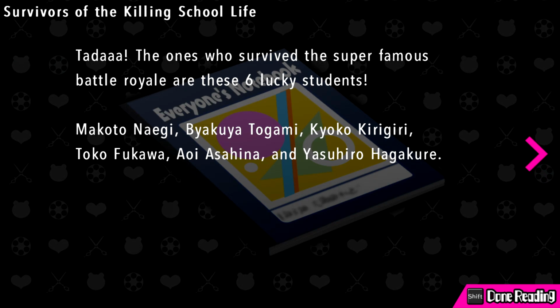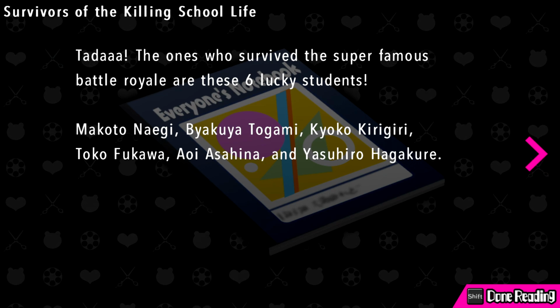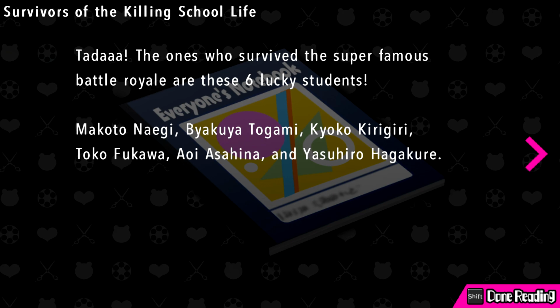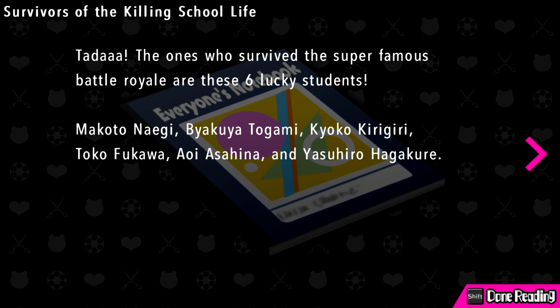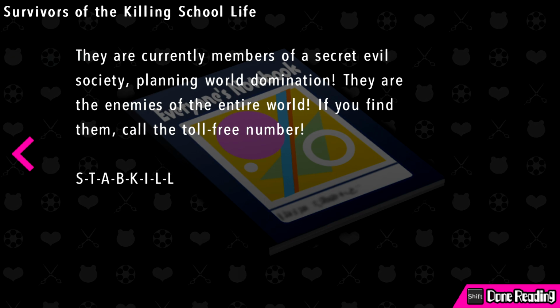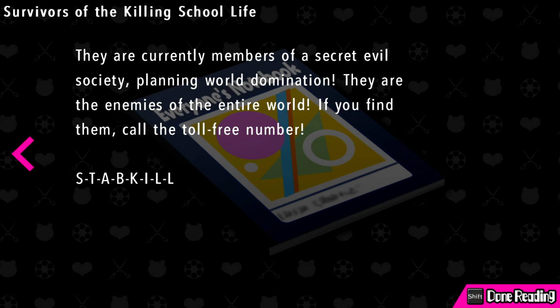Survivors of the killing school life. Ta-da! The ones who survived the super famous battle royale are these 6 lucky students. Makoto Naegi, Byakuya Togami, Kyoko Kirigiri, Toko Fukawa, Aoi Asahina, and Yasuhiro Hagakure. They are currently members of a secret evil society planning world domination. They are the enemies of the entire world. If you find them, call the toll-free number